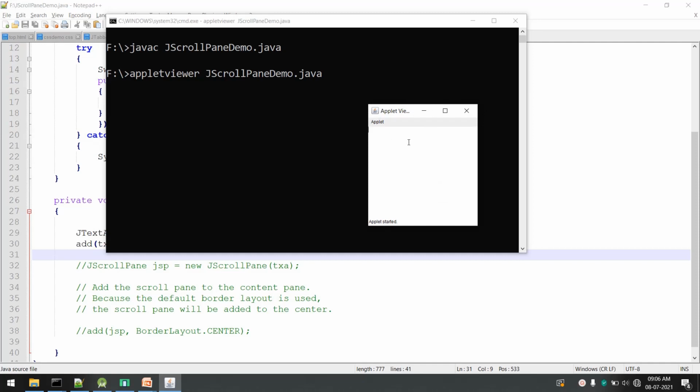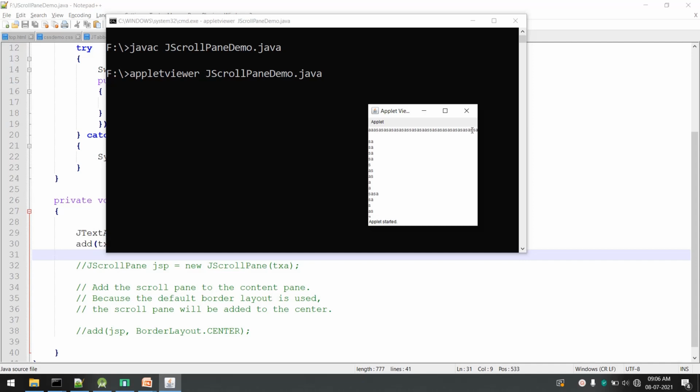The background color of the component is white, and it is taking complete space, and there is a cursor. You can see we can enter multi-line text into it, and if I enter a text now, you can see I am entering text, and when it exceeds the viewing boundary, the text is not visible. I am still typing the text, but it is not visible, and there are no scroll bars to scroll the text. You can take the text on the next line and type it. Again, when it exceeds the vertical boundaries, the text is not visible. For such reasons, we can use scroll bars, or we call it a JScrollPane in Java Swing.